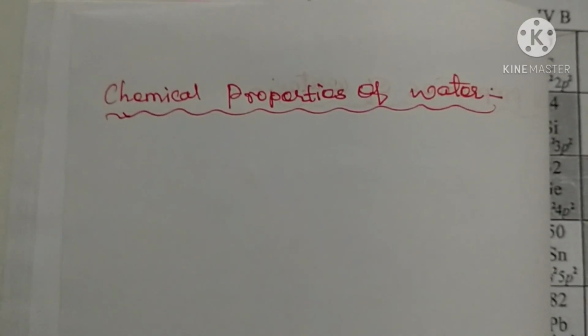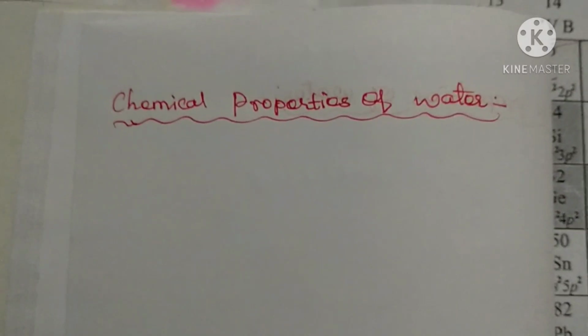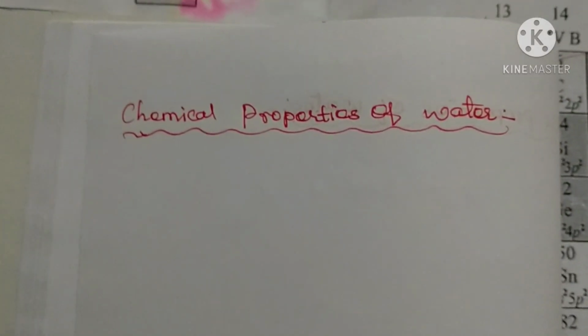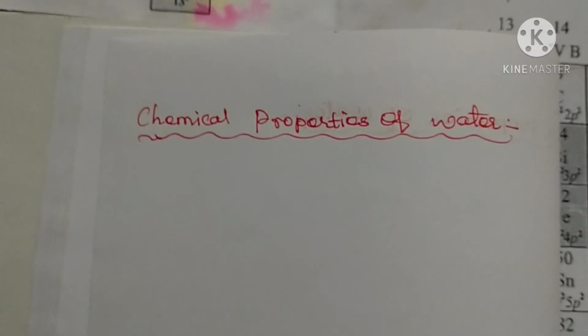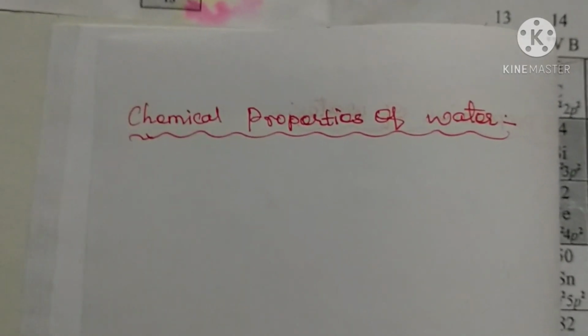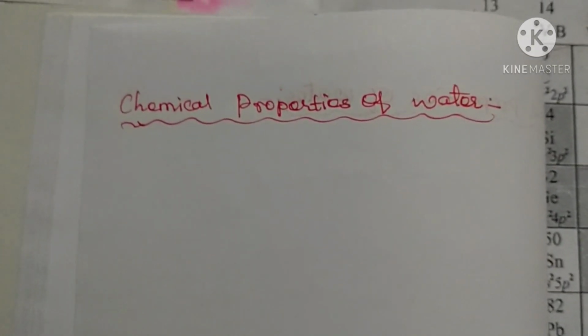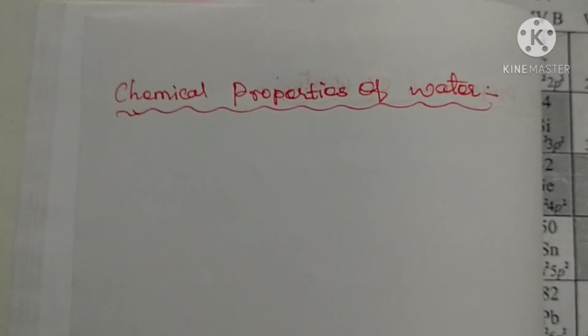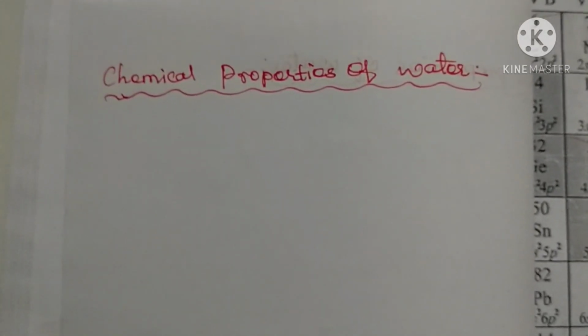I'm fine. So, in the previous class we discussed the compounds of hydrogen. In compounds of hydrogen, what is the compound? We look at it: water. So, in water, we have completed the chemical properties up to water dissolving ionic compounds. Up to there, we completed.